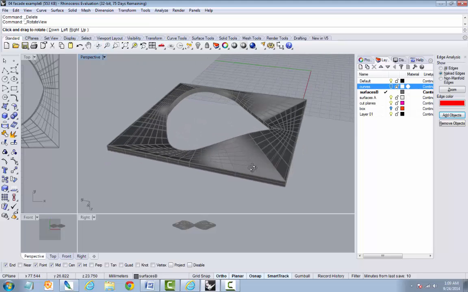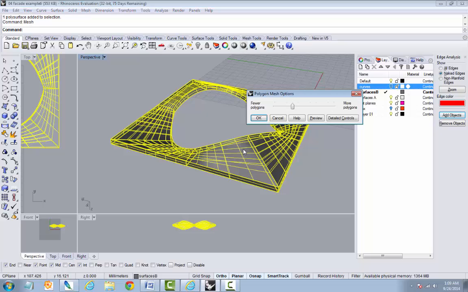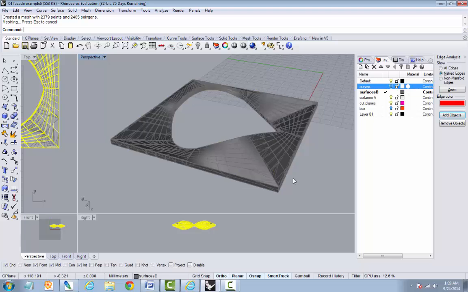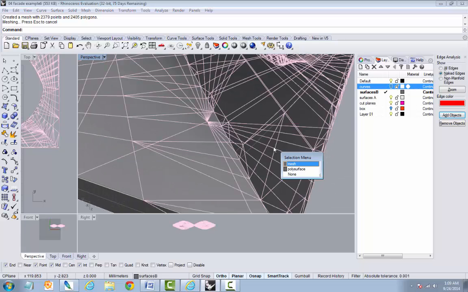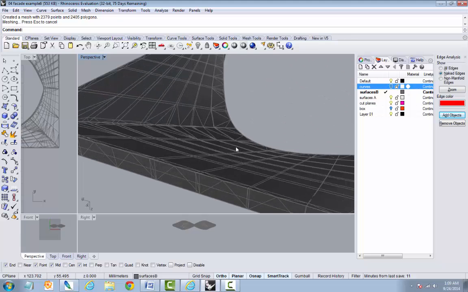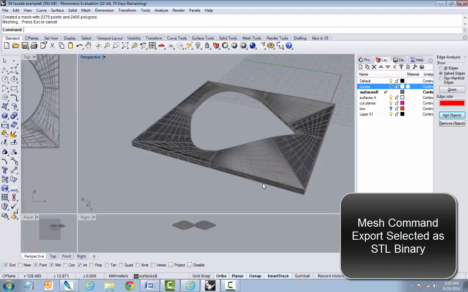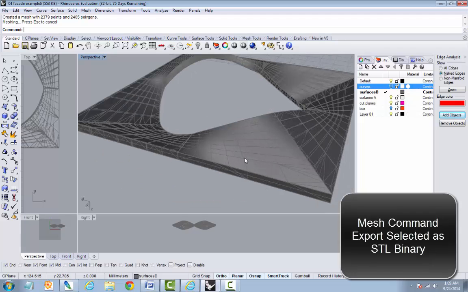The next step is that we can convert this into a mesh. And you can see the triangulation here that will be used to rationalize your geometry before it gets exported to an STL. And depending on the fineness